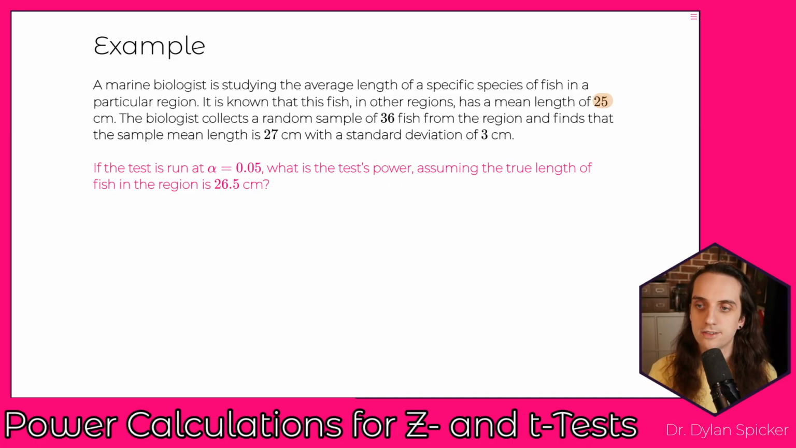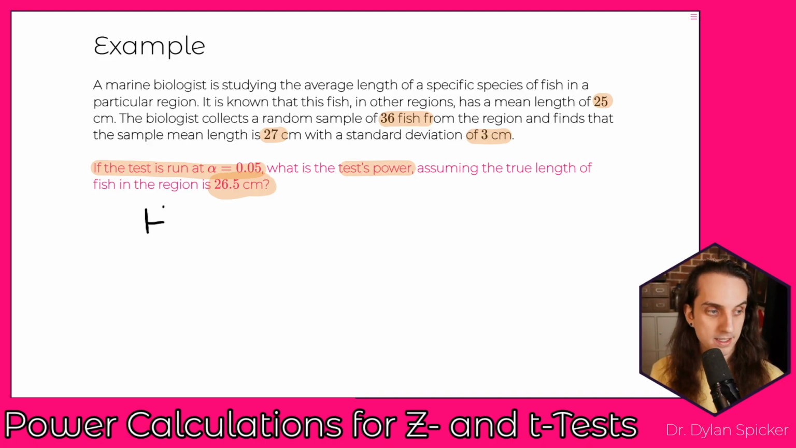The biologist collects a random sample of 36 fish from the region, finds that the sample mean length is 27 with a standard deviation of 3 centimeters. Going to run the test at alpha equals 0.05. We want to know what is the test's power, assuming that the true length of fish in this region is 26.5. So if it turns out that there's actually 26.5 centimeters for fish in this region, right, what is the probability that the null